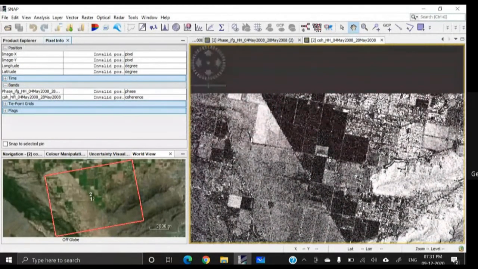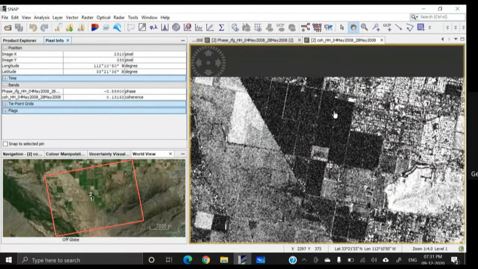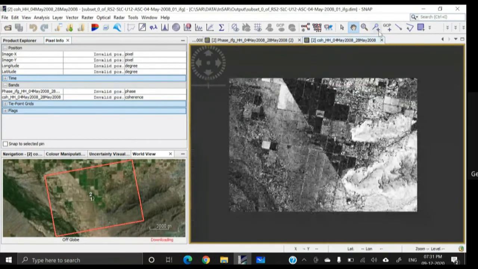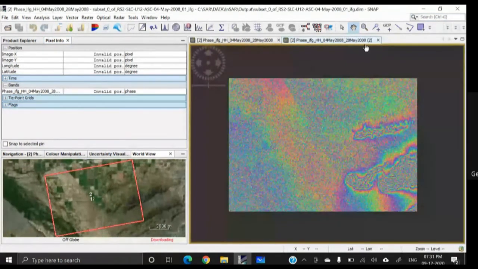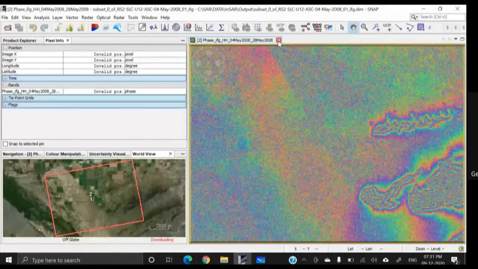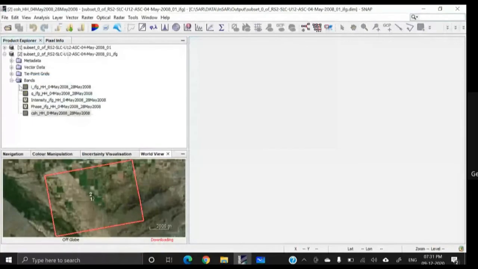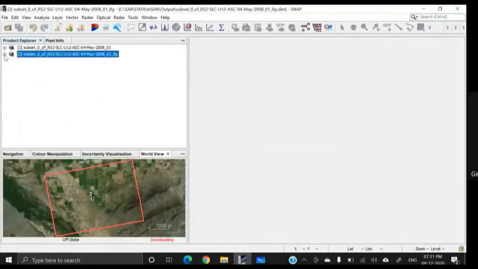This information can be obtained in the phase image, and the coherence value, as I told you, will range within 0 to 1, and it defines the matching of phases in the two images, master and slave. Anyway, let me close these products and let us go for the next step.